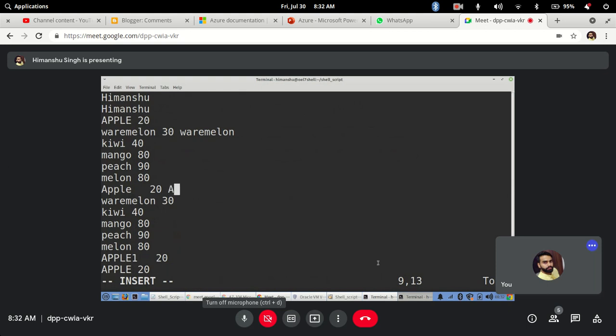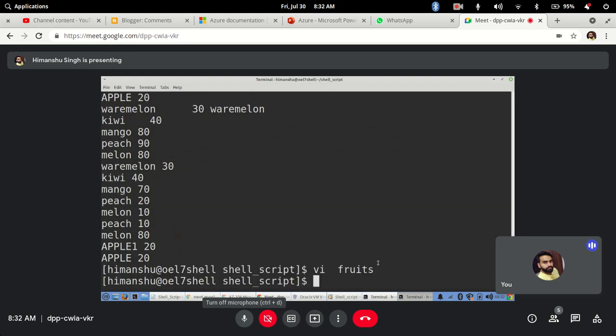It's an advanced command that you have to use. When you are changing it, directly it will not work.